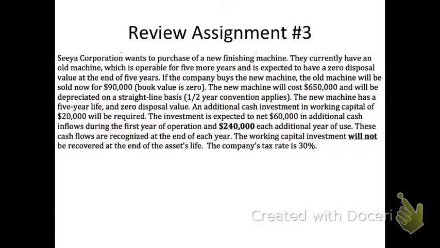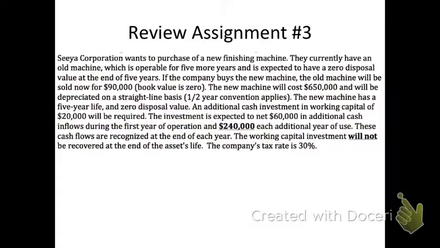All right, this problem relates to problems 5, 6, and 7. This is a capital budgeting problem, which I only ask you 3 questions about, but you could take this problem all the way through from the beginning to the end and calculate those 4 capital budgeting metrics, and I'll give you the answers to the ones I didn't ask.